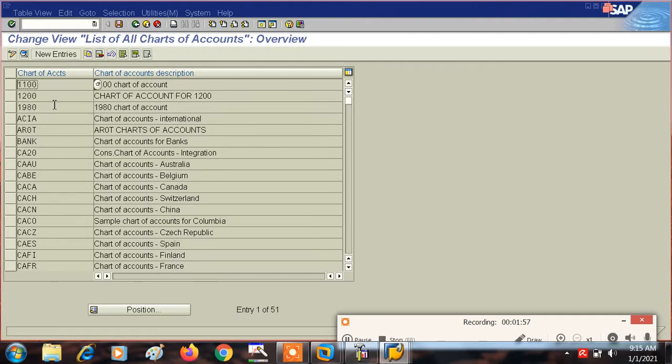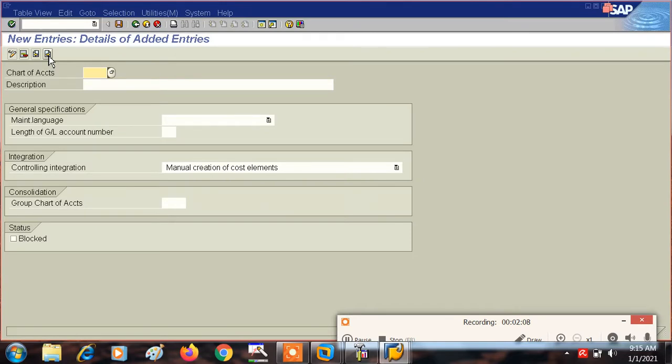So here we will go to the new entries. Our company code is TA01, right? So we can also give the name as TA01 to our company code TA01, but this is not compulsory. Just to make it easy, in the sense we can remember this name.